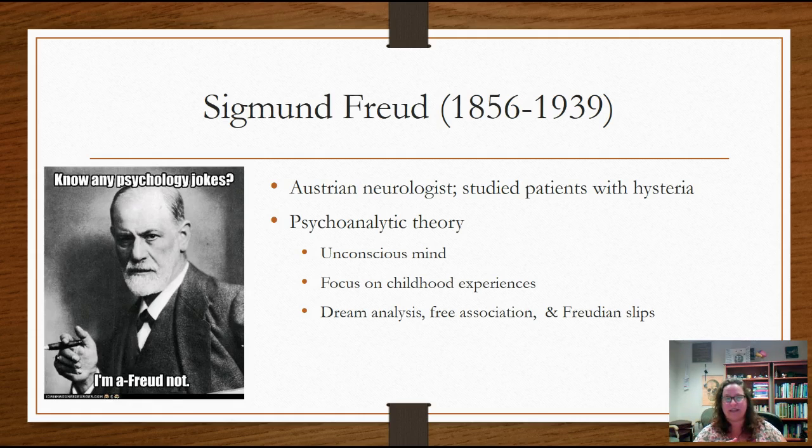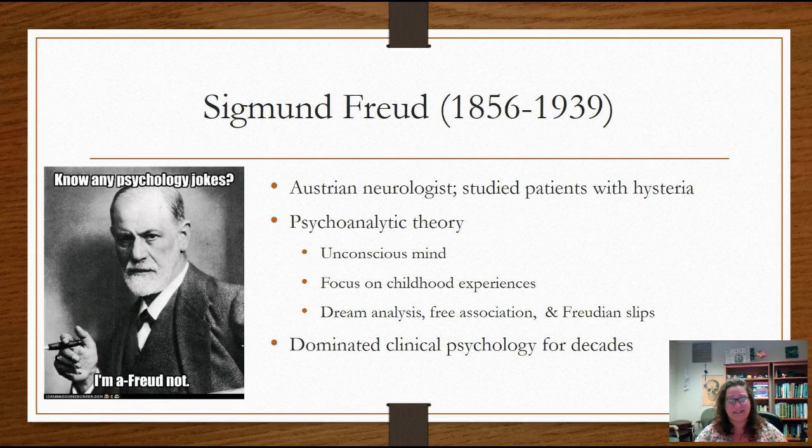And then he incorporated things like analyzing dreams, having people just speak off the tongue, which is free association, and then studied those times, we called them Freudian slips, where he said your unconscious mind just came out. So a good quote for that is, if it's not one thing, it's your mother. So it's kind of saying that your mother might slip out of that and should be on your unconscious mind. So you probably have seen examples of that, and we'll cover examples of that in the class too.